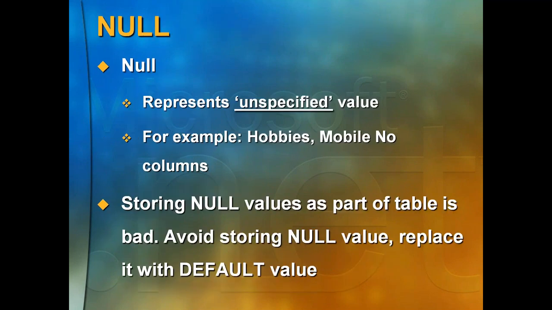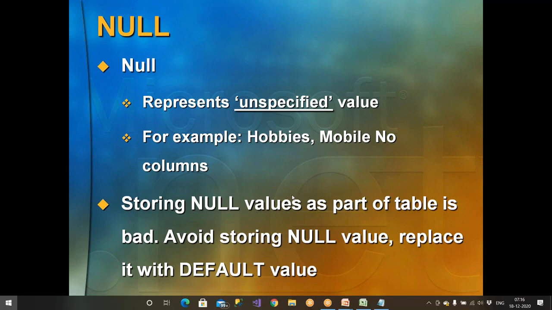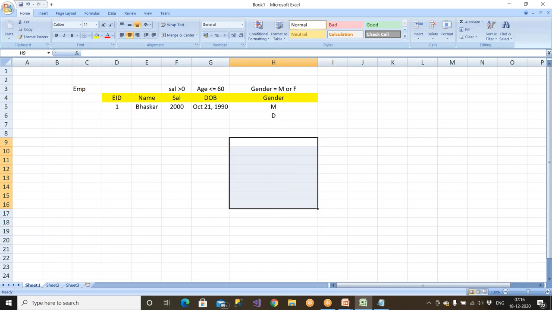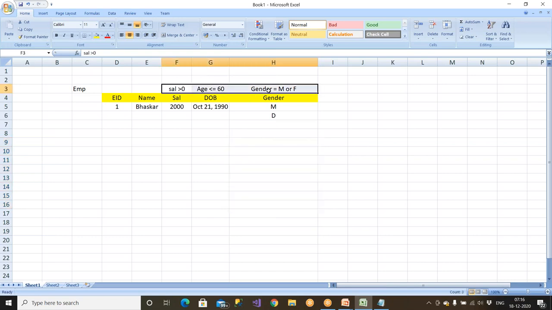Null represents an unspecified value. For example, hobbies or mobile number columns could be an unspecified value, or it could be a blank value. What is the meaning of this? For example, I have a table here and I'm filling in this data.